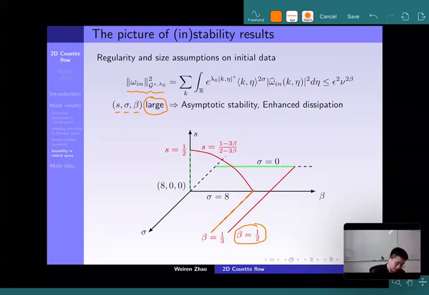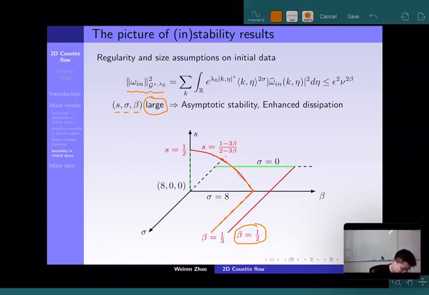Okay, and then if you require some perturbation which is larger than nu to the 1/3, then you need some Jouvry regularity, Jouvry 1/s, and this s is related to this beta. So you get this red line again. So usually the right hand side part and the part above this red line is stable and has enhanced dissipation. Okay, and then the blue line and the green line give the instability result when sigma equals 0